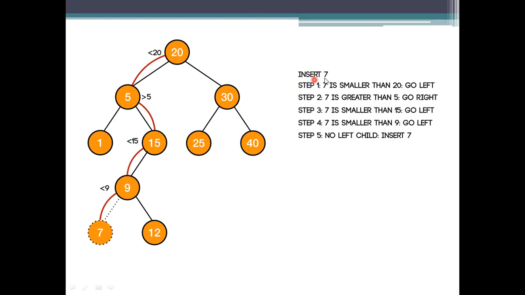So here the inserting element is the 7, where I have to insert this thing. Here is the already specified binary tree. I need to compare the value with this root node, whether it is greater than or less than. It is less than the root node, so it will be inserted in the left subtree. But where it will be inserted? Here the right child of the left child of this one is less than the to be inserted value.